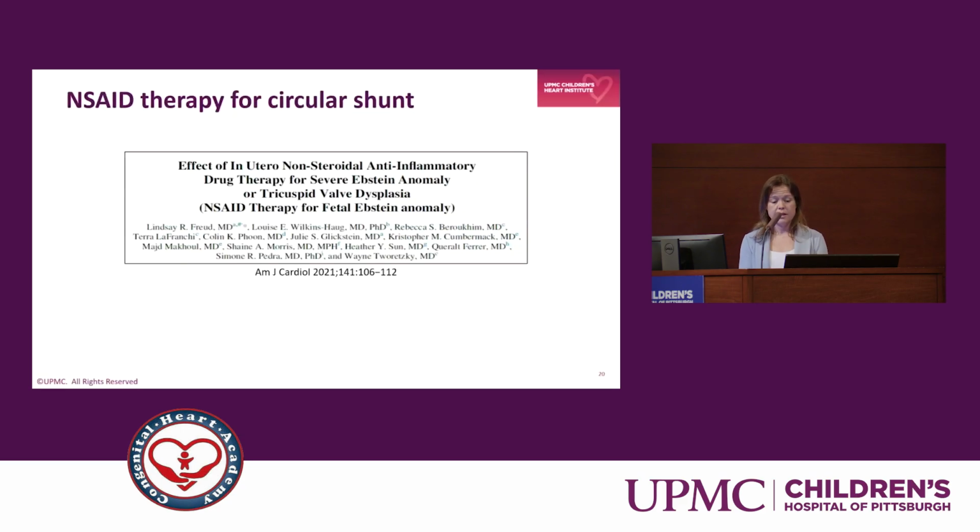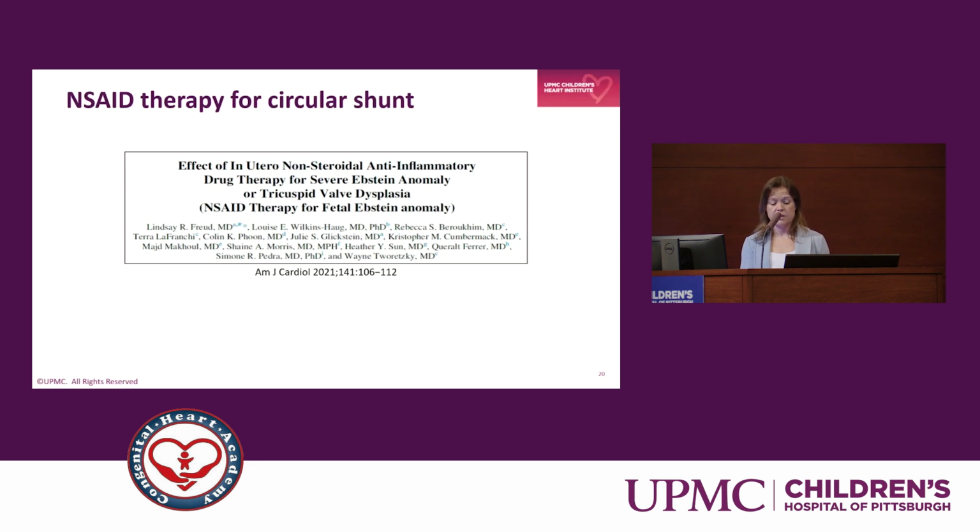With a circular shunt, the idea came about to attempt constriction of the ductus arteriosus to reduce the degree of pulmonary insufficiency and thus reduce that steal from the systemic circulation, with the aim to improve the fetal hemodynamics and prolong gestation to get the baby closer to term prior to delivery. Of course, also to improve survival and neurodevelopment. So this was a case series of 21 patients offered NSAIDs across 10 centers, of whom 15 received NSAIDs, and